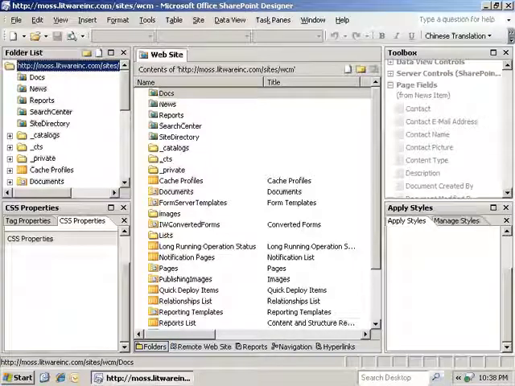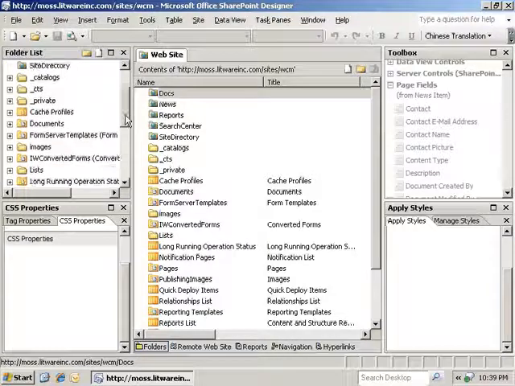In this video, we're going to take a look at how to use SharePoint Designer to help edit and manage SharePoint publishing pages. Now, the first step to doing that, of course, is to make sure you have your publishing site opened up inside of SharePoint Designer. Once we have that, we can go into the folders list